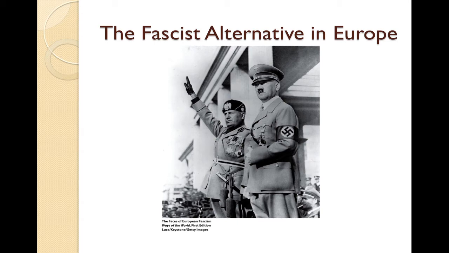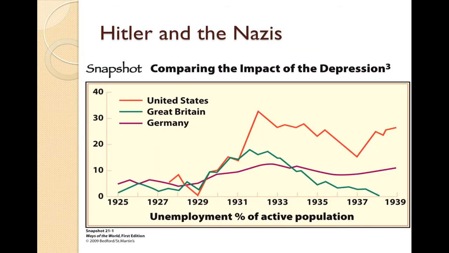Businessmen who lost a lot in the Depression of the 30s, unemployed lower-class workers, and nationalistic citizens frustrated by the losses of World War I. In this section, you will learn about the rise of Mussolini in Italy, the first fascist ruler. The next section is about Hitler and the Nazis. Many people do not realize that Hitler was elected the ruler of Germany legally.